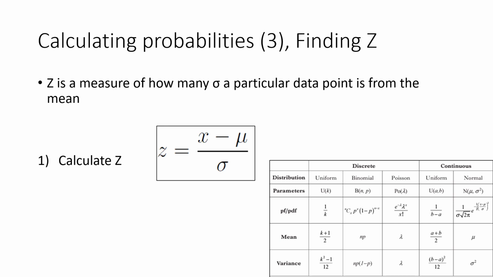of how many standard deviations, or sigmas, a particular data point is from the mean. So what we do here is we find the difference between the mark we're looking at, which is 80, that Beth got, and the average mark, which is 66, and we divide it by sigma to see how many standard deviations that data point is away. So that means what we write here is z is equal to x, which is 80, minus the mean, which is 66, over the standard deviation, which is root 26. And that gives us